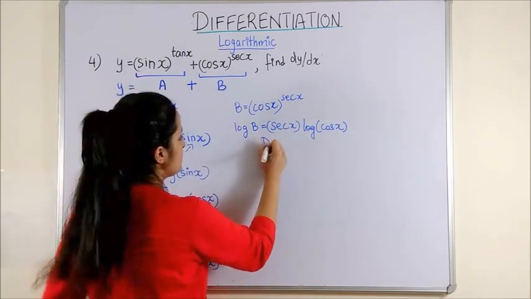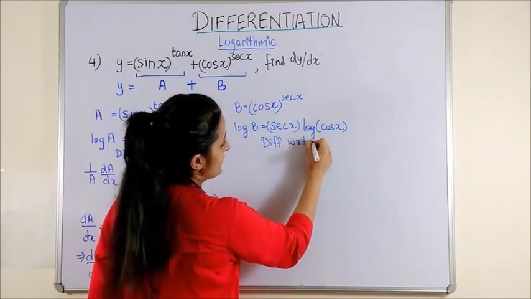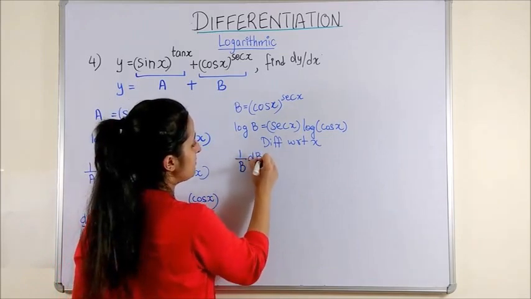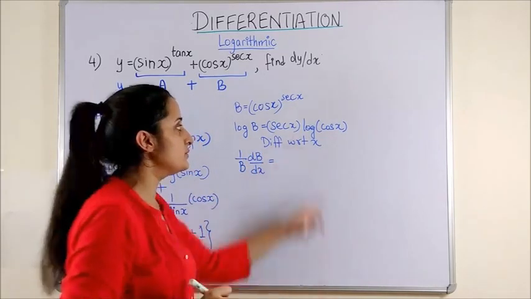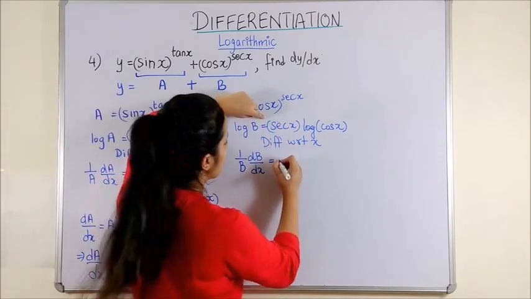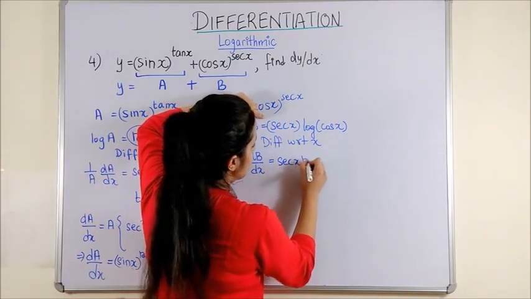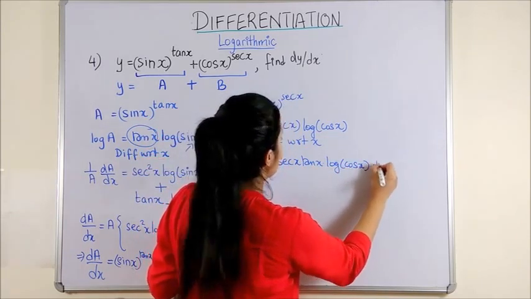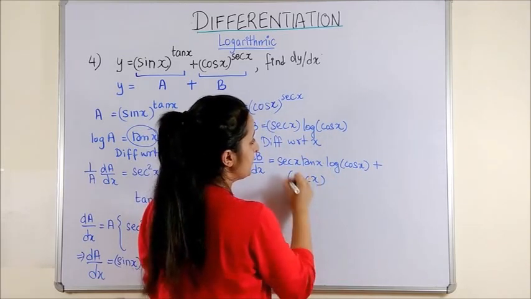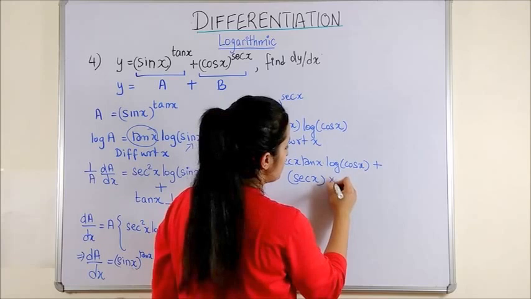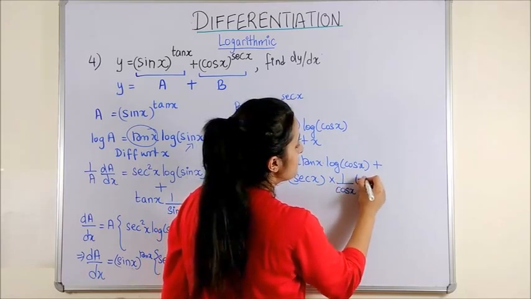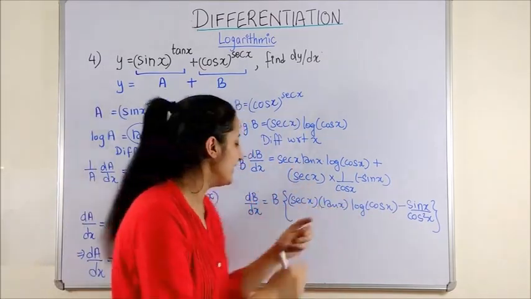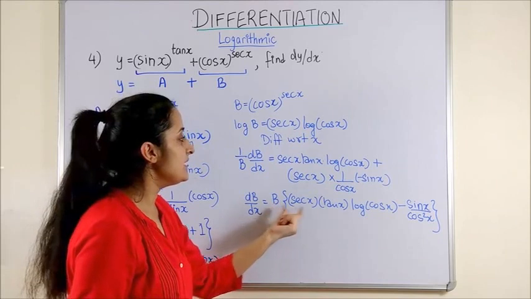Once again, on differentiating both sides with respect to x, you get 1 by B into dB by dx is equal to derivative of sec x, which would be sec x tan x into log cos x as it is, plus sec x as it is into derivative of log cos x, which would be 1 over cos x into minus sin x. Now on cross multiplying B on the other side, you get dB by dx is B into sec x tan x log cos x minus,